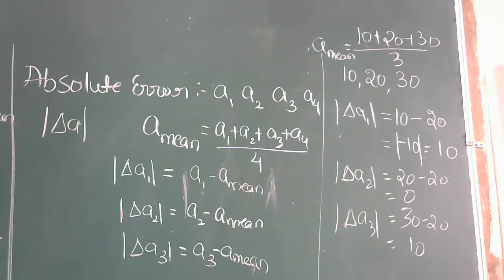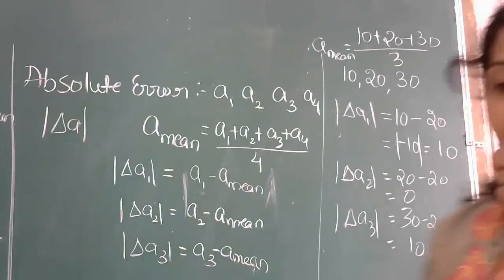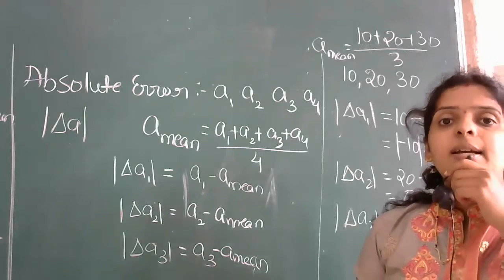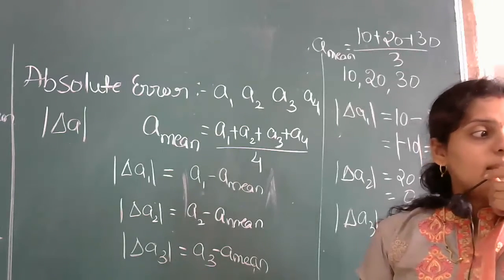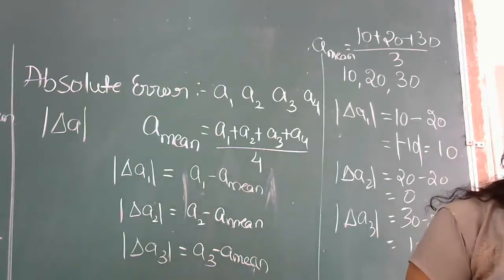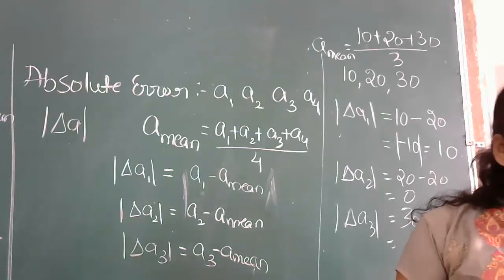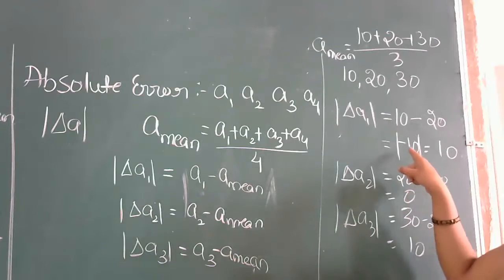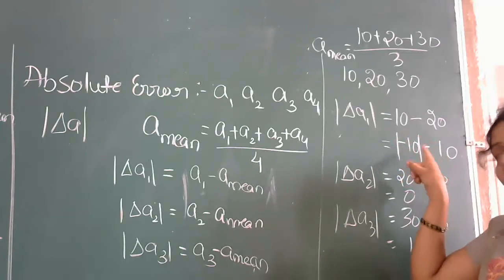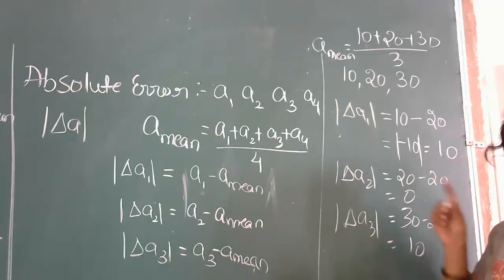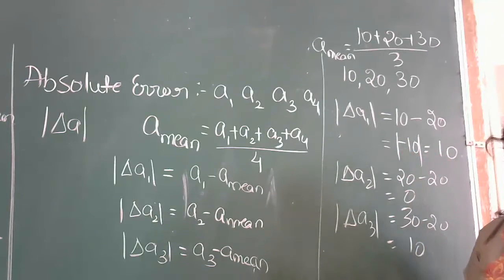If this is clear, relative error is very easy for you to understand. You need to write it without the minus sign. First you can write minus 10 in a modulus symbol, and afterwards write it as equal to 10, so that it is understood that the modulus value is always taken as positive. I hope it is clear.